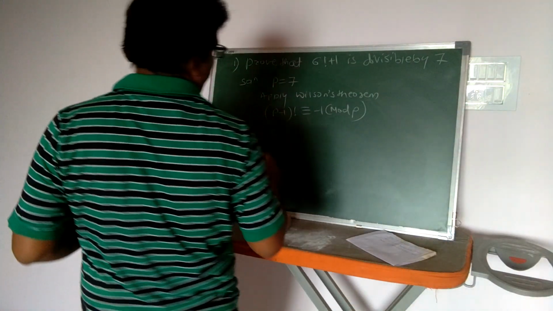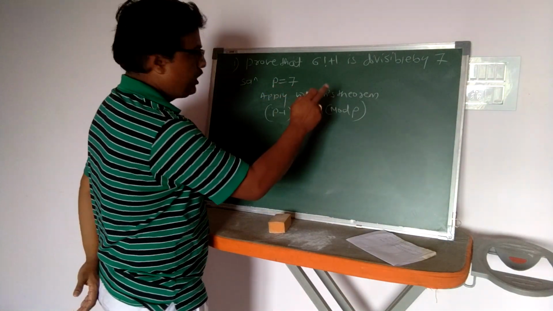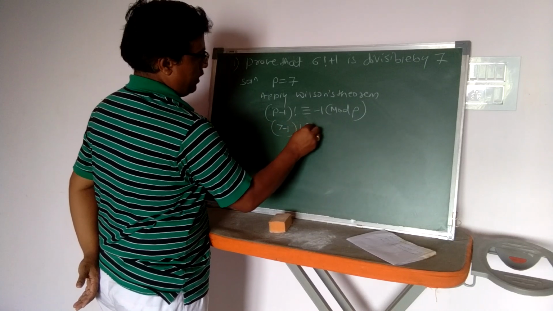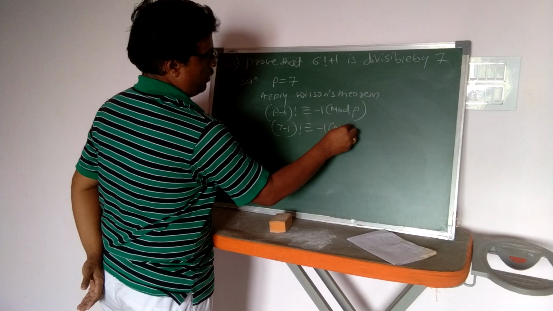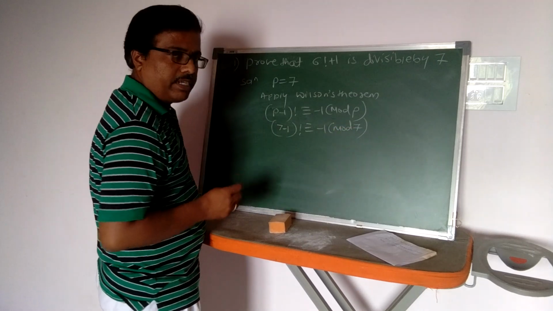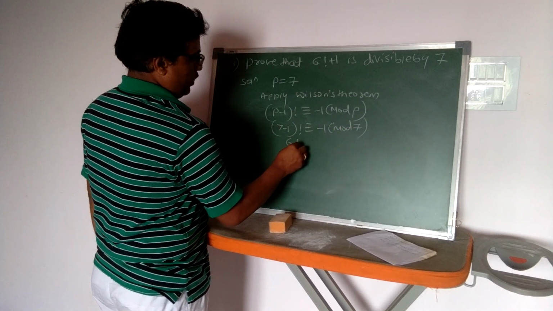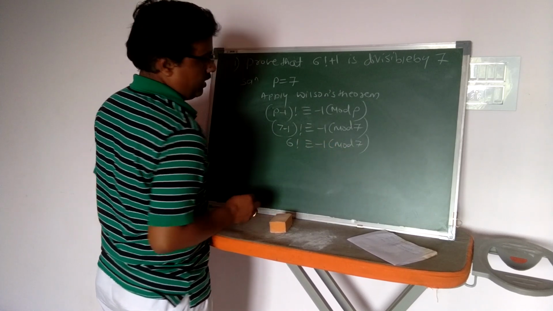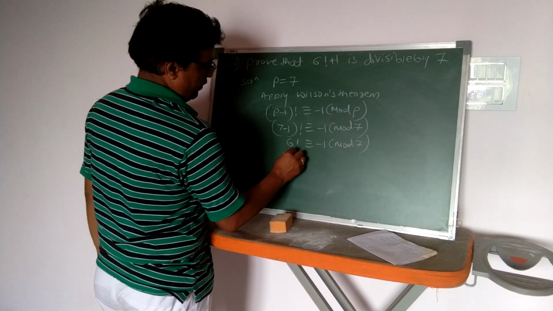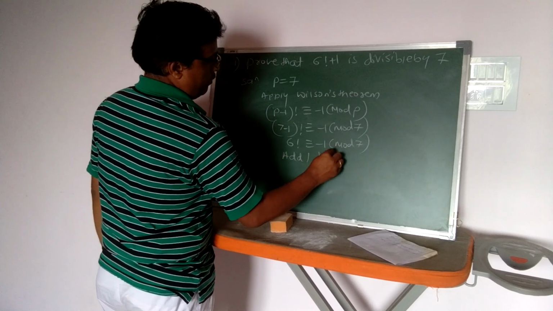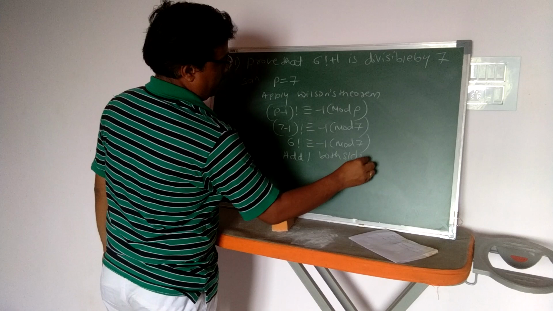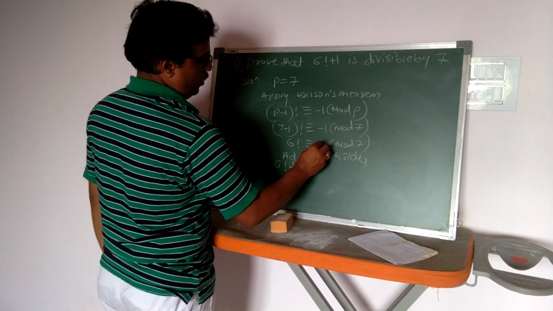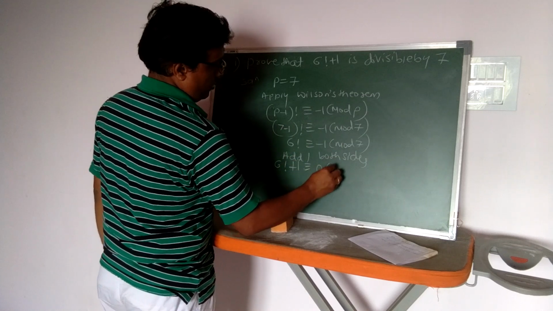Okay, so then substituting p equal to 7 in this, (7 minus 1) factorial is congruent to minus 1 mod 7. So 7 minus 1, 6 factorial, is congruent to minus 1 mod 7. Now add 1 on both sides, which gives 6 factorial plus 1 is congruent to minus 1 plus 1, that is 0,